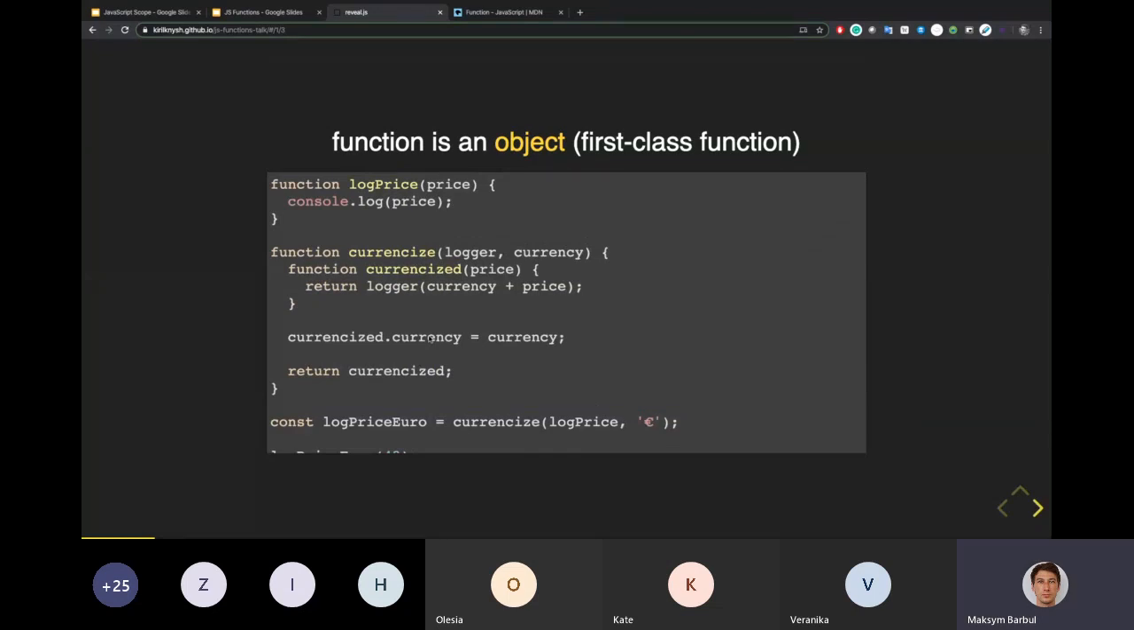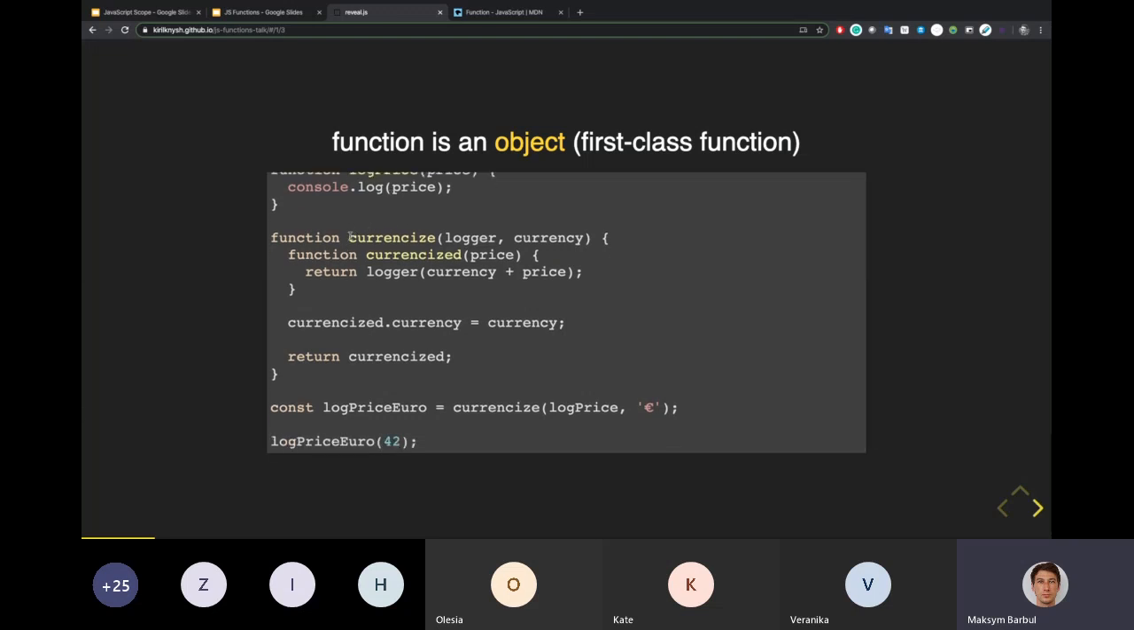As with most things in JavaScript, a function is also an object. It means that you can assign properties to a function. So let's look through this example. We have just a function, log price. It just logs the argument that it receives. And we have a function, the current size,